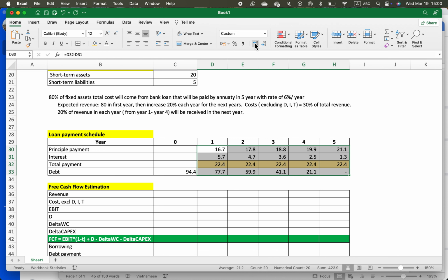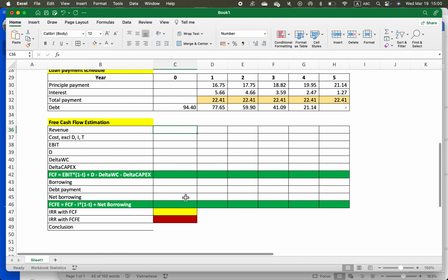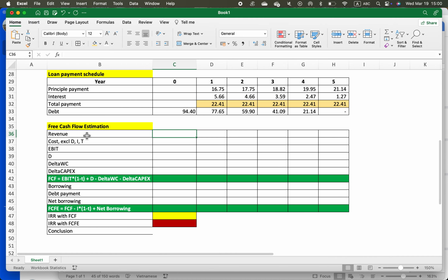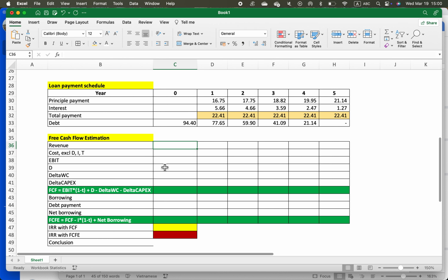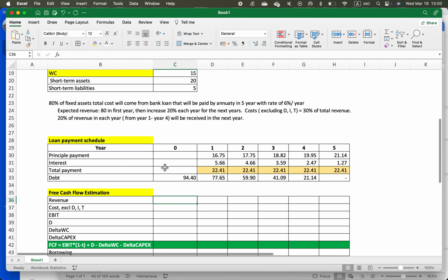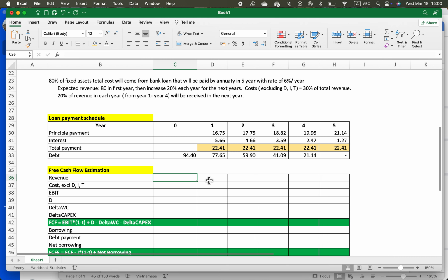Okay, so 2 up to the decimal. Okay, cool. Now we'll come to the free cash flow estimation sheet. First thing is revenue. So revenue in the first year could be 80, right? 80. Cool. And the next year is gonna be